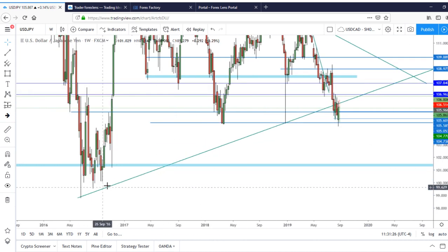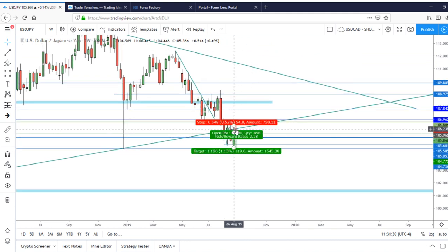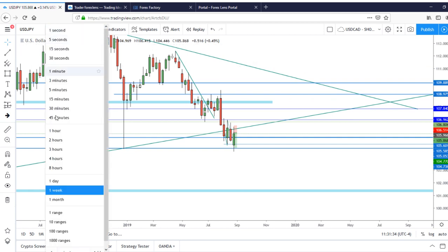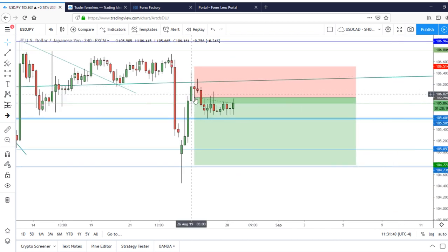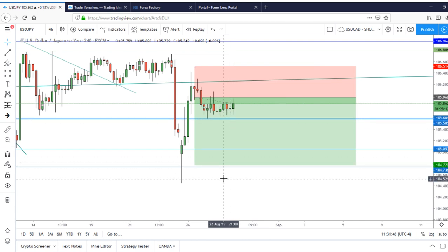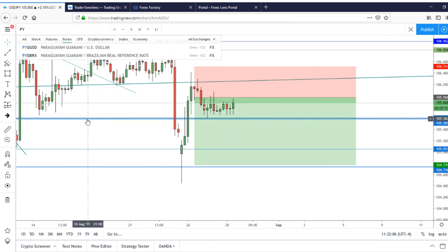So this trend line is very significant, and we very well could make another push at it. So we'll see what happens. Until then, I would sit out USD yen. On the 4 hourly, you can see price action's been pretty choppy. And like I said yesterday, continue short down to 104.736. I would love a close below that. Let's look at